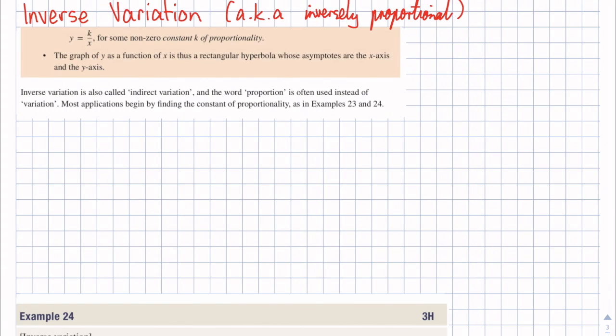Okay, so for inverse variation, every time I see the words inverse variation, I think y equals k over x, where k is still the constant of proportionality. So, for example, if I knew